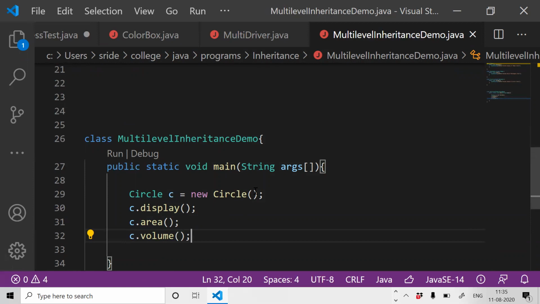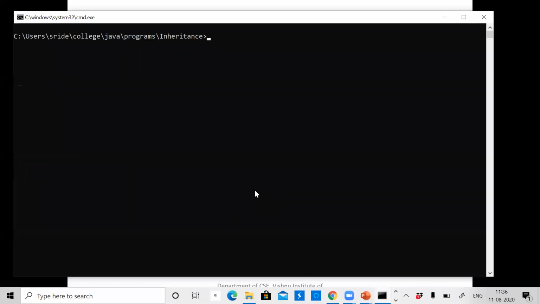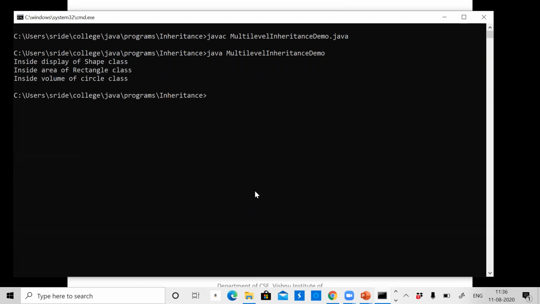The name of the program is MultiLevelInheritanceDemo. So it's able to call all the methods.